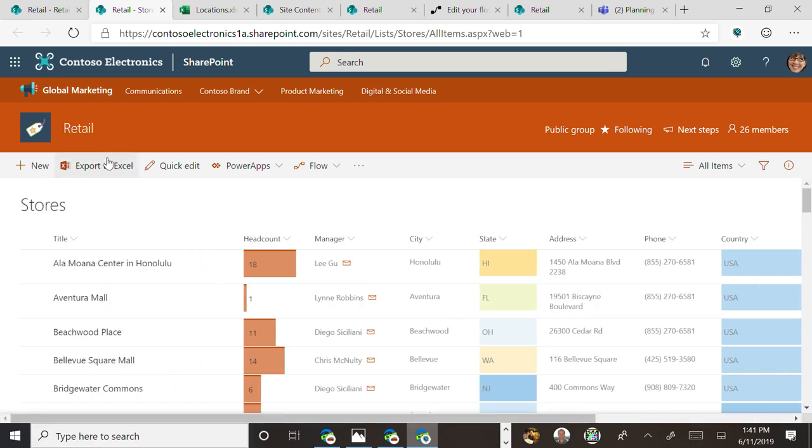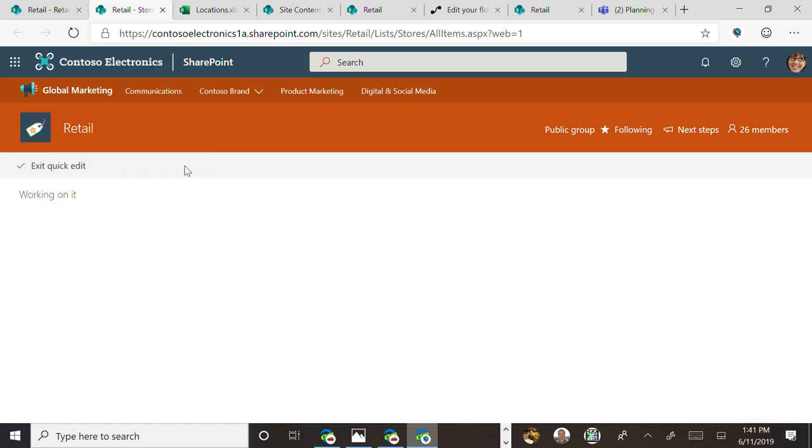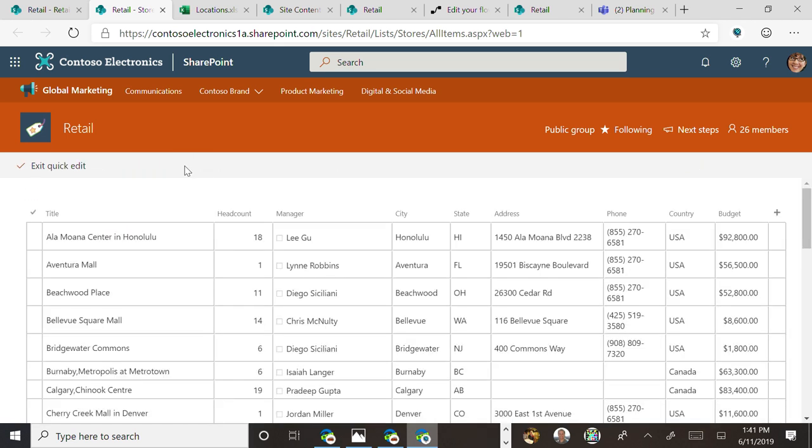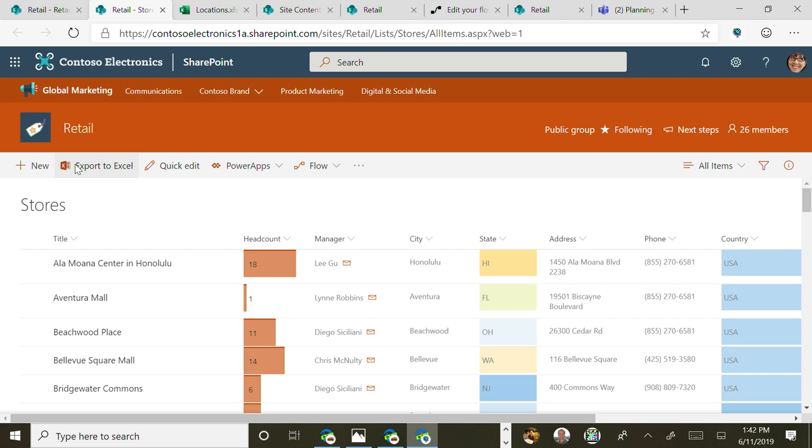But one of the nice things that we have now is if your data began in Excel and people have that comfort factor around being able to work with data in a grid, Quick Edit allows me to keep inside of that grid. And if, for instance, I say there's now 10 people at this mall in Florida, and the budget for this is, let's give New Jersey an extra $16,000 for their budget, and exit Quick Edit, all those changes are going to be there and saved for me in real time.